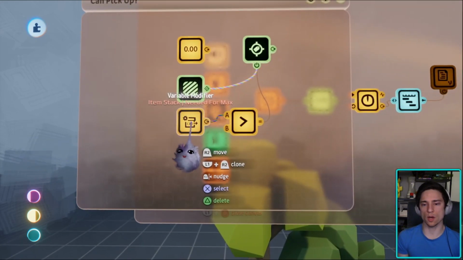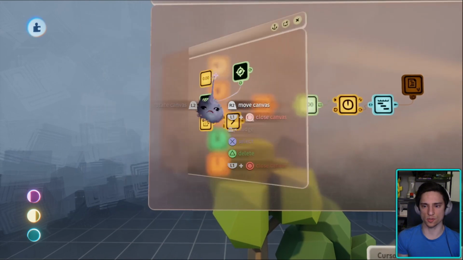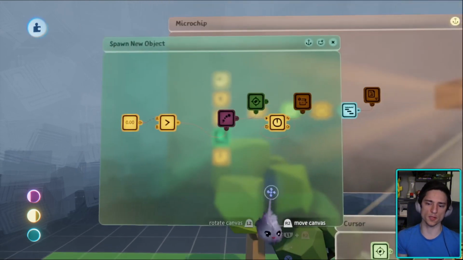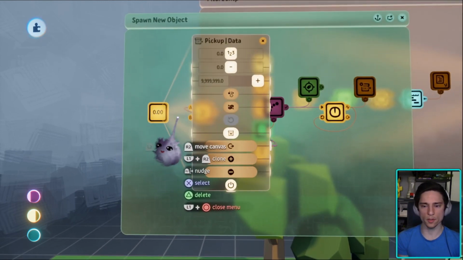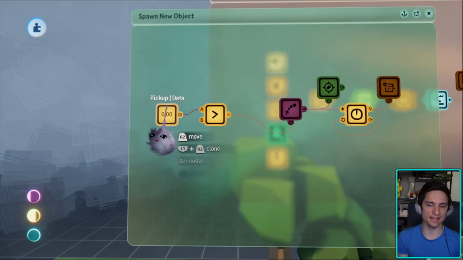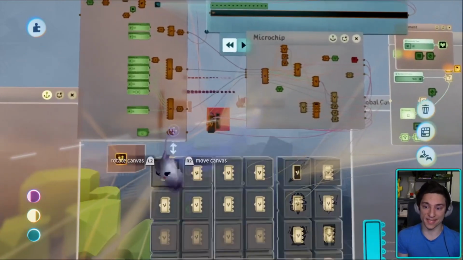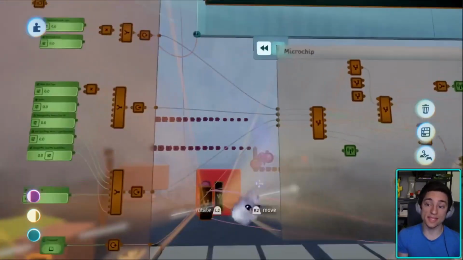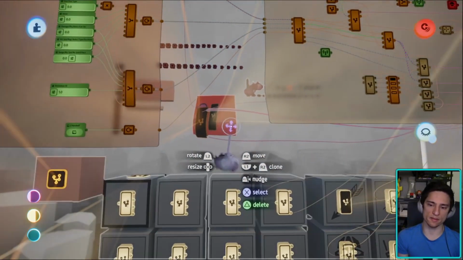I mean, this should make sense, but spawn new object. What is this? Pickup data. This number just represents the item we're picking up. That's all you need to know. So if this is not 0, if it's greater than 0, we emit an object. We emit this inventory object. This inventory object, I think now is a good time to cover this. This red square thing,